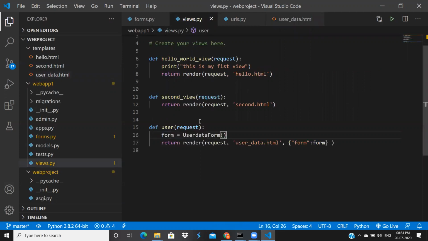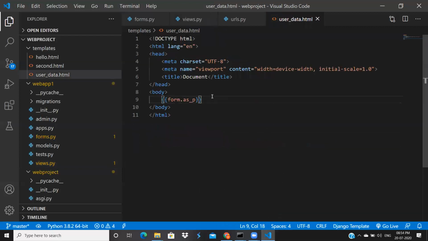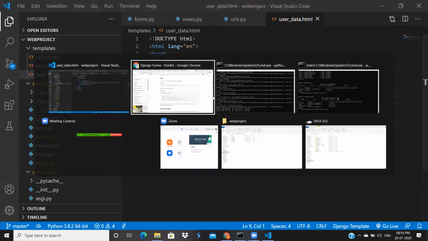I'm passing the user data form object to the template. Inside this object, we have some class variables. That is a different story. But here, my intention is I want a form to enter data. So I created this form and I am passing it to the template. I will use this form key to display that form in my template. This is mandatory. If you comment this out or remove this, you don't get that form here.